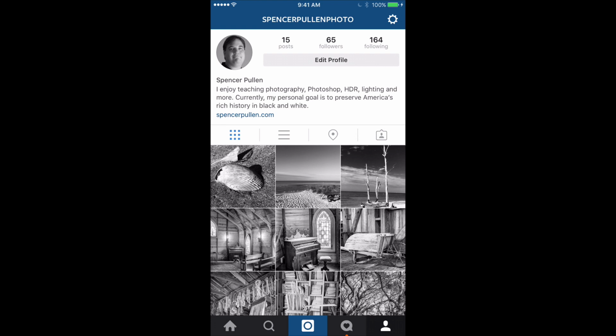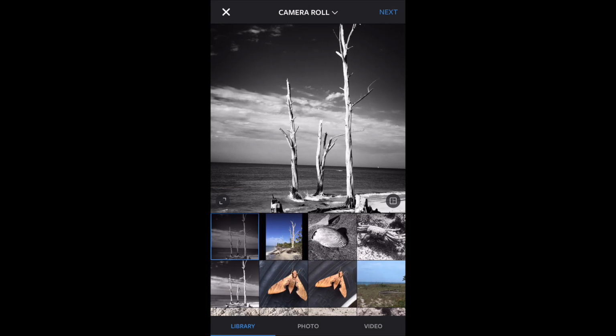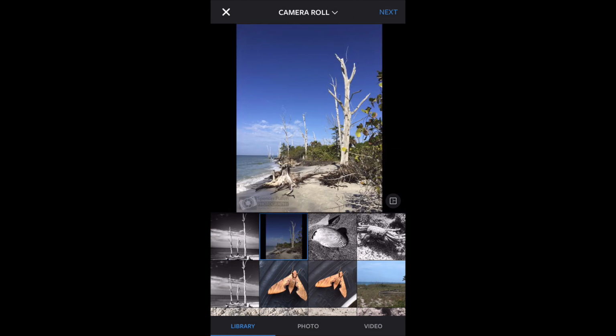All right, so to actually add a picture to your account, which is basically what we're looking at right now, I'm going to click on the bottom of the phone again. You see that little blue highlighted box? I guess that's their camera. So here is my camera roll. Up here at the top of the phone, you can see there's an X, then it says camera roll, and then next. I'm going to click on our image that we worked on in Elements. You can see it's got the watermark and the letterboxing and everything. So if I click on next, which is in the upper right of the phone,